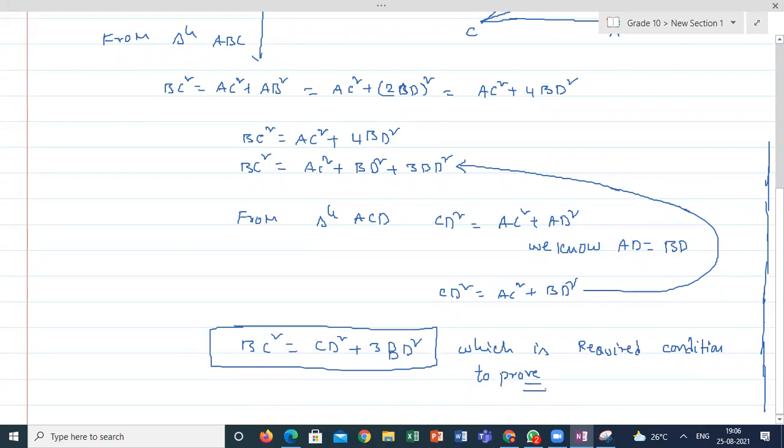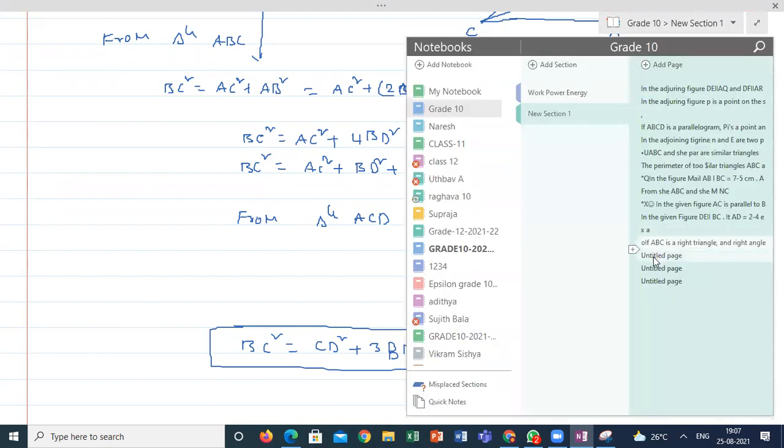Hope you are clear what I have done here. If you are clear, shall I move to some other numericals? Students, please, if you are having any numericals, let me know. If you are having any numericals, that also you can solve here. Yeah, some kind of proof questions we can see here. Next question.